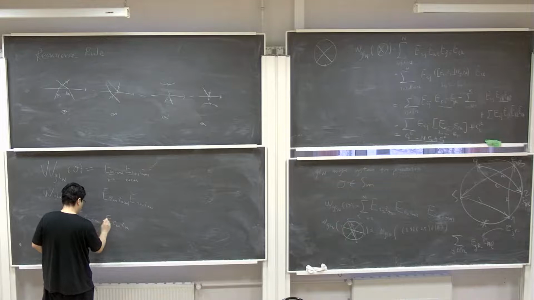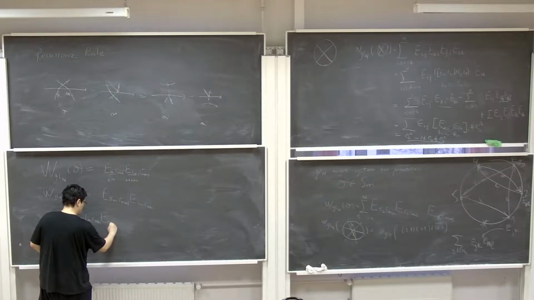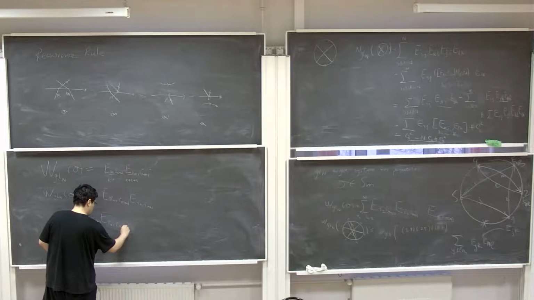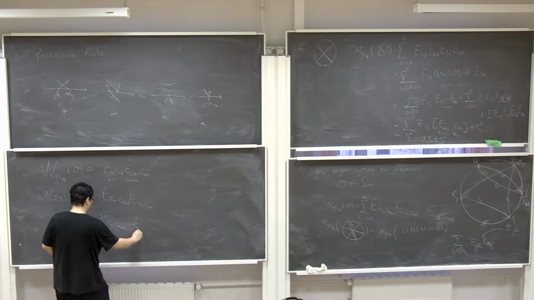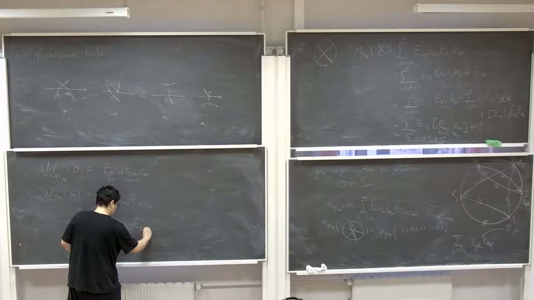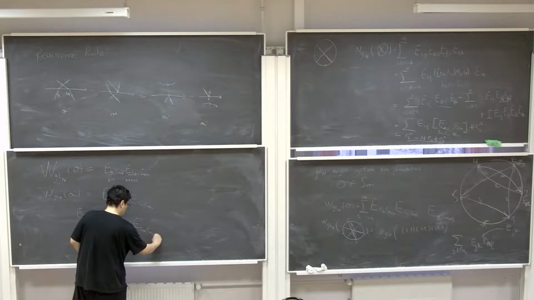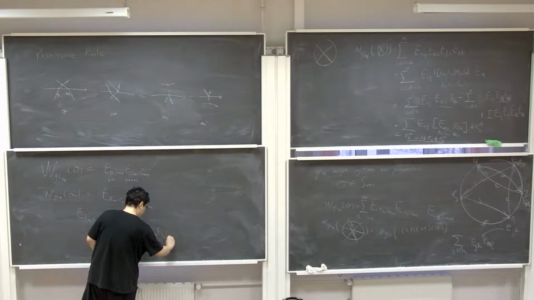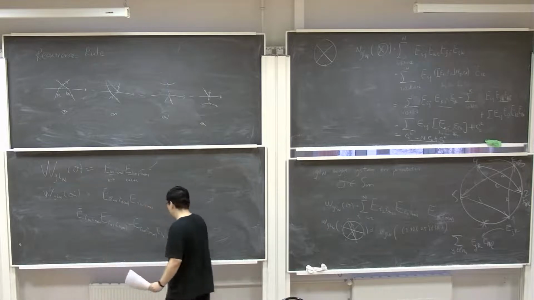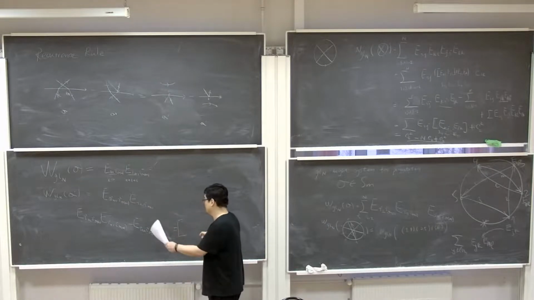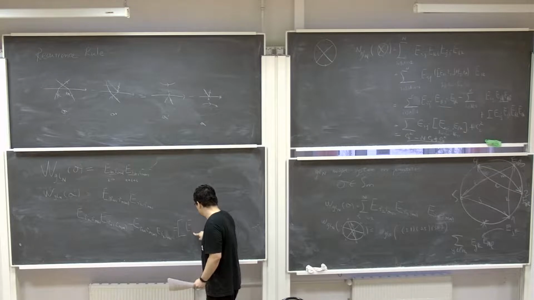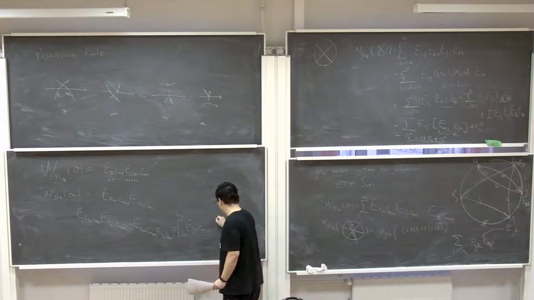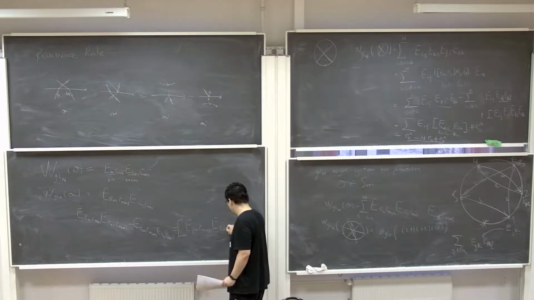Sorry, not: i_{k+1} to sigma_{k+1}, and then minus i_k to sigma_k, which is the bracket of these two, which is E_{i_k sigma_k} with E_{i_{k+1} sigma_{k+1}},